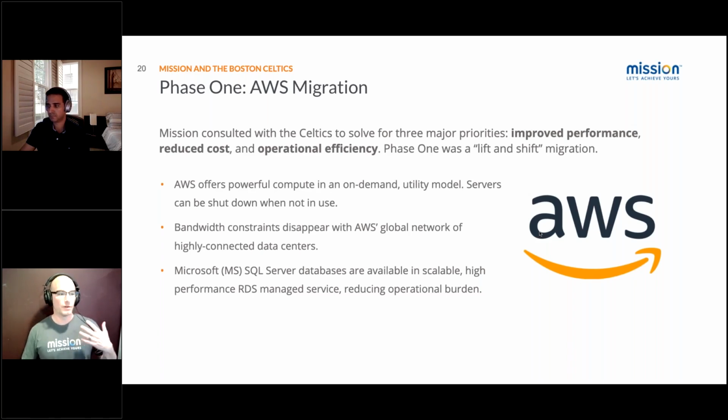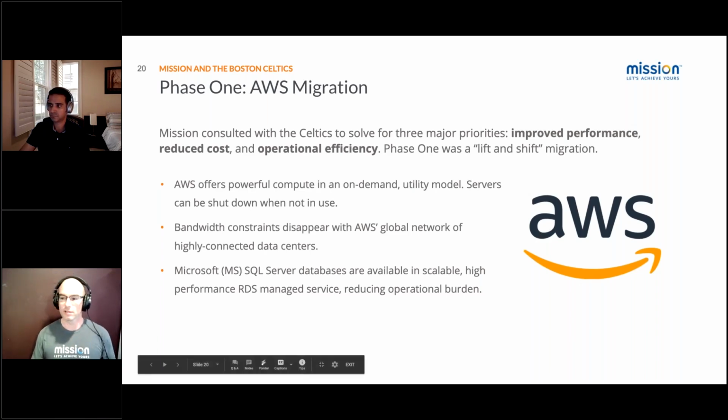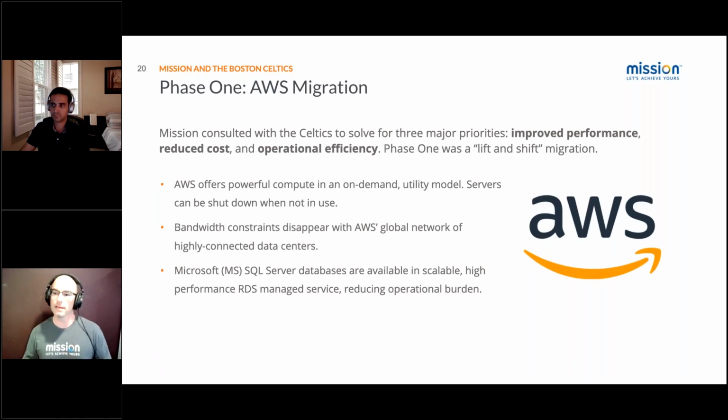So the first phase of any of this will be a lift and shift migration, but we don't just run in and say, all right, let's lift and shift this because it's a good idea. Before this, there was a phase 0 where the Boston Celtics moved some of their machines up to AWS to get a feel for it, including linking together their DR site, which was at an alternate play location, as well as their main data center, which was hosted with the rest of their enterprise.